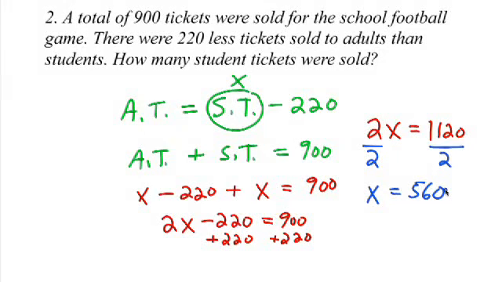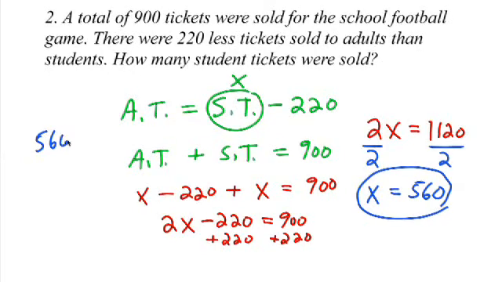One thing I want to comment on, Bill. When Bill sets up this second equation right here, adult tickets plus student tickets equals 900, we kind of assume that that's logical when you read the problem. There's no other types of tickets. From there, all he's doing is substituting for these two. He identified right here that this is an adult ticket. So therefore right here he's substituting X minus 220 for the adult ticket, and then the student ticket, since he identified that as X, he substituted in here.